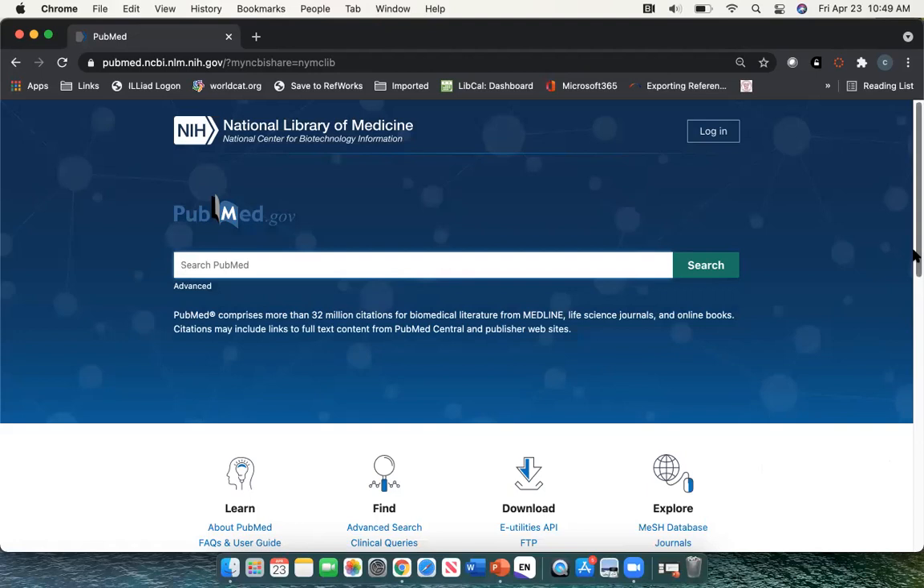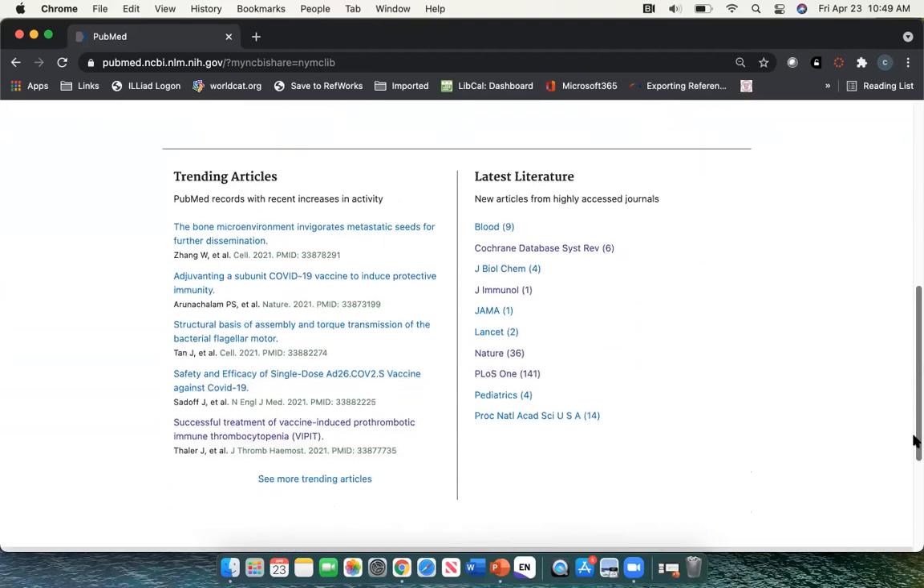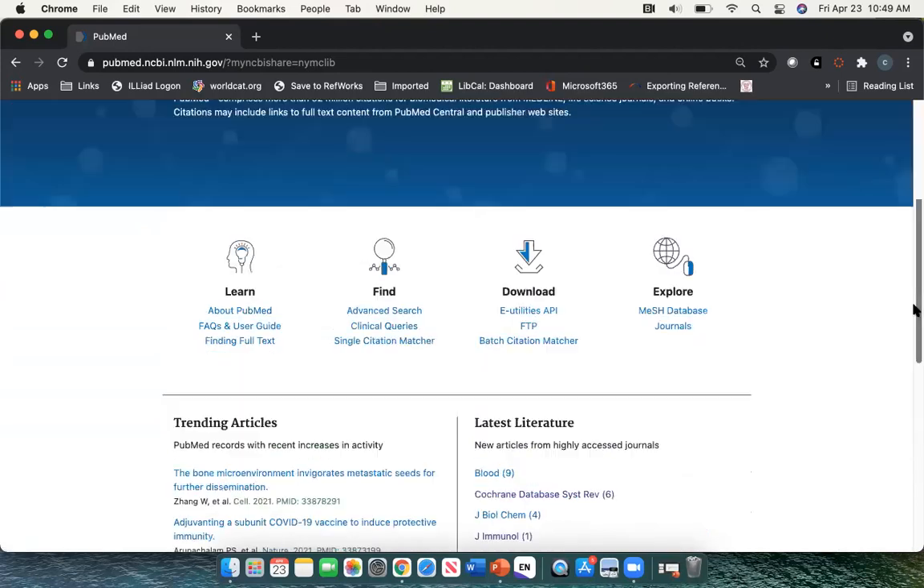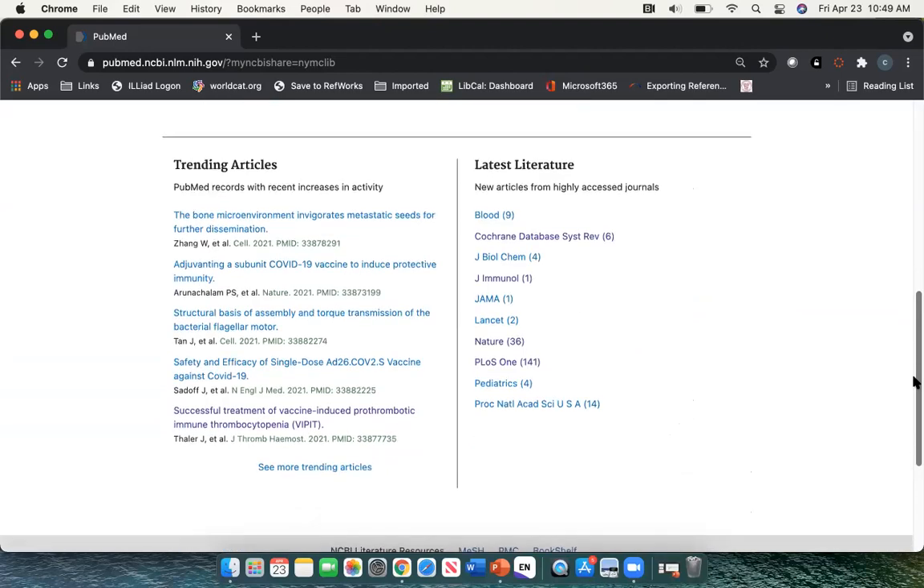Let's say you don't have a subject, and you might not. This is very early. PubMed, again, is a great tool to use. Here's where you might want to navigate to trending articles. If you have a subject, you're going to go right here, and I'm going to show you that in a second. But if you want to search for some articles,